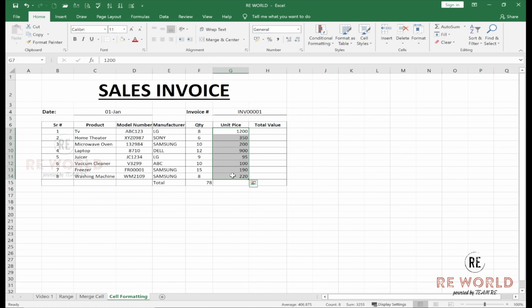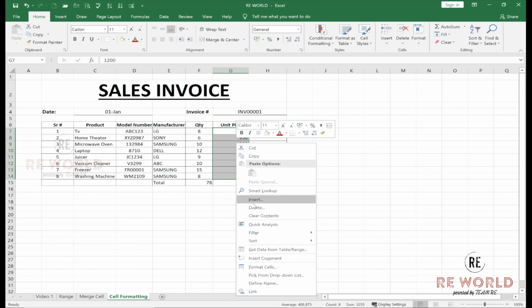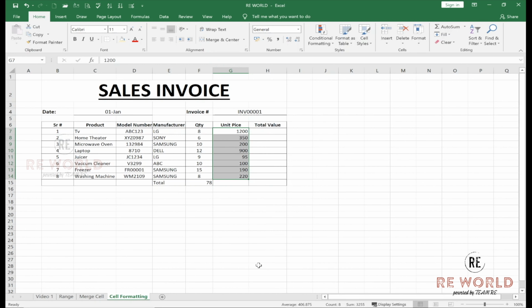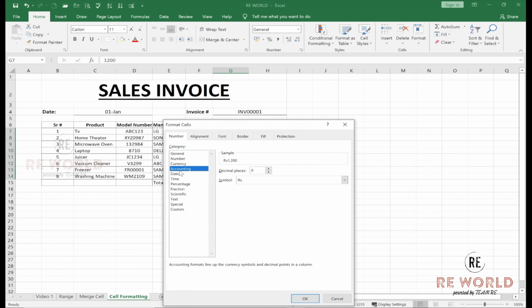There are various ways to change it. We can right click on the cell, click on format cells, go to accounting, either currency or accounting, but there is a slight difference. So let's select USD and OK.